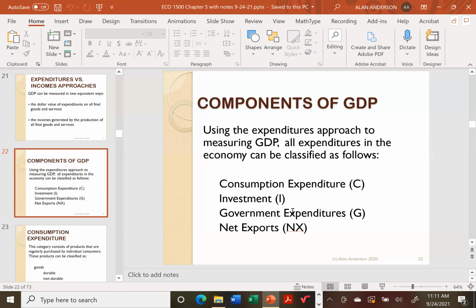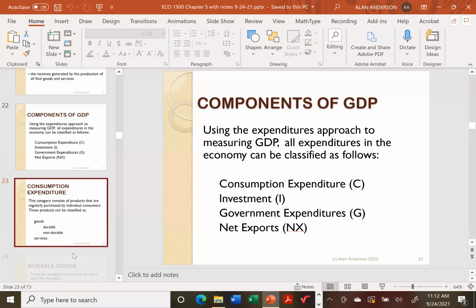So anyway, the components of GDP, now this is based on the expenditures approach. We assume that all spending in the US falls into one of four categories: consumption expenditure on consumer goods, investment spending, which is mainly coming from businesses, government expenditures, which only count actual purchases of goods and services, and net exports, which is the difference between imports and exports. Now, we'll analyze net exports in more detail later on, but right now, we just want to remind ourselves that